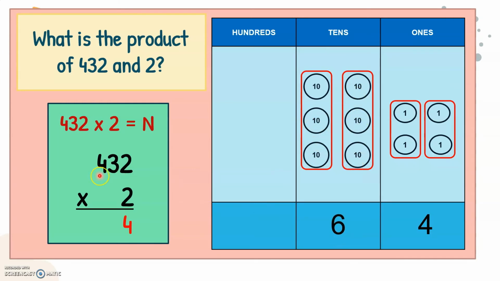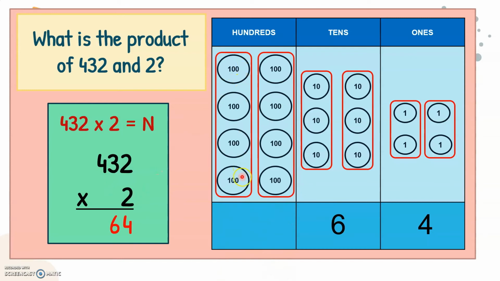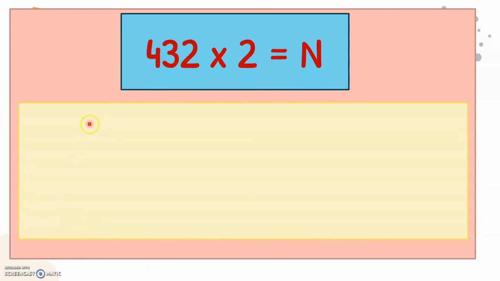And the last place value, hundreds place value, 4 times 2 means 2 groups of 4 hundreds. So 1, 2, 3, 4, 5, 6, 7, 8. And the answer is 8 hundreds. Therefore, our final answer is 864. Again, using the distributive property of multiplication, we can break up our 3-digit factor into